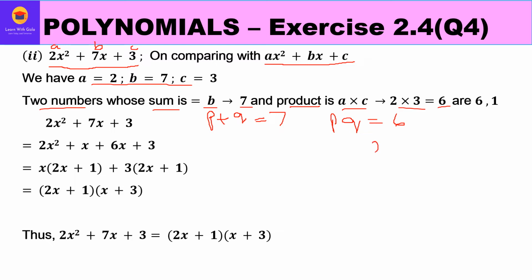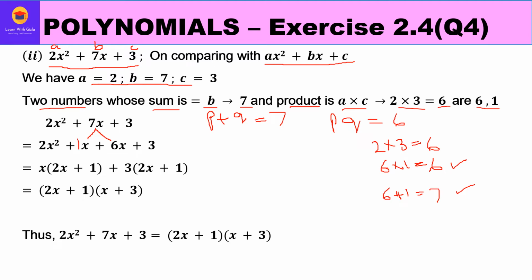Now factors of 6 you can get as 2 into 3 is 6, and 6 into 1 is also 6. But another condition is the sum should be 7. Now 2 plus 3 you cannot get 7 over here. Neither 3 minus 2 you can get 7. Neither the minus 2 minus 3 combination will give you 7. So the only combination which will give you 7 is 6 plus 1. So we can have 6 plus 1 as 7, and 6 into 1 is 6. So both the conditions are satisfied by these two numbers, that is 6 and 1. So accordingly we will split 7x, the middle term, as x plus 6x. X means 1x only, right?